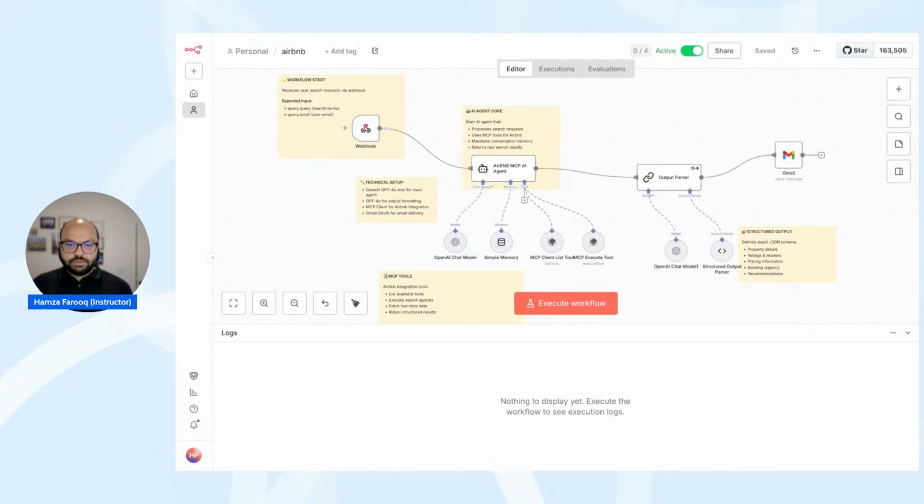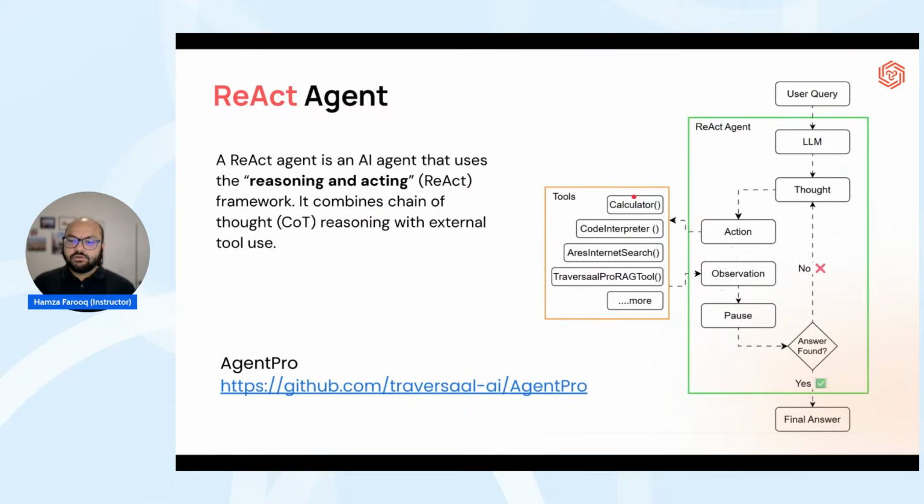This is what happens when you are working with automation agents. However, on the other hand, when you're working with a React agent, the React agent sort of goes back and forth, trying to think about how to generate a response for you. And then it goes back and forth until it figures out, I think I am very comfortable in what I have generated for you.